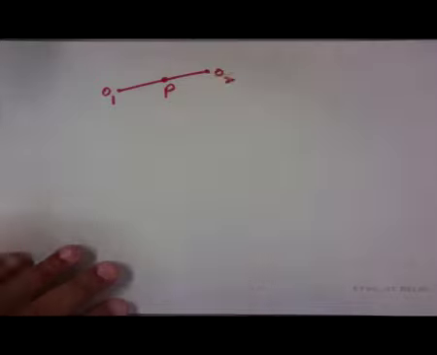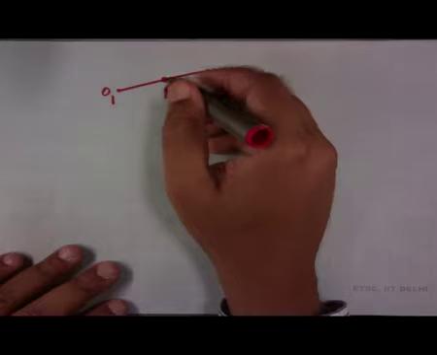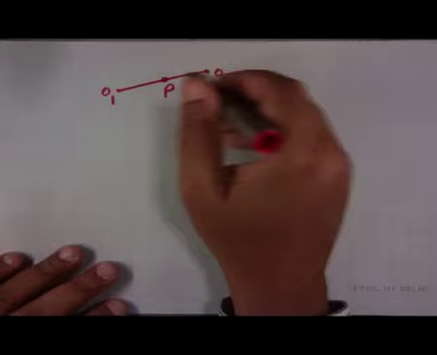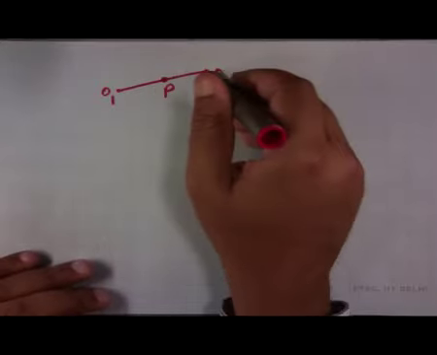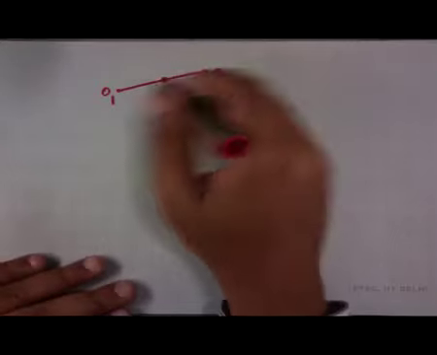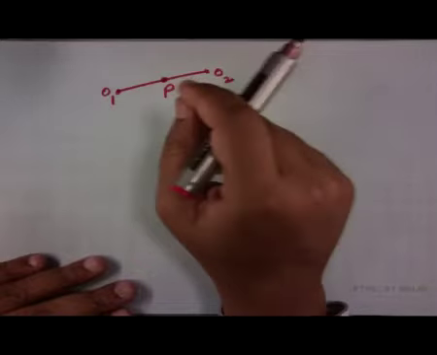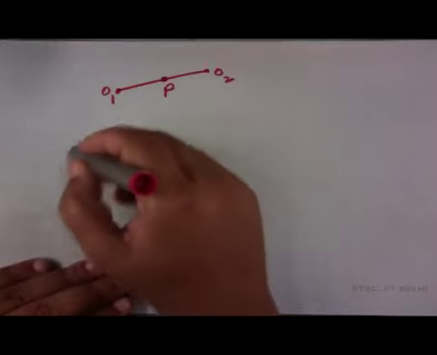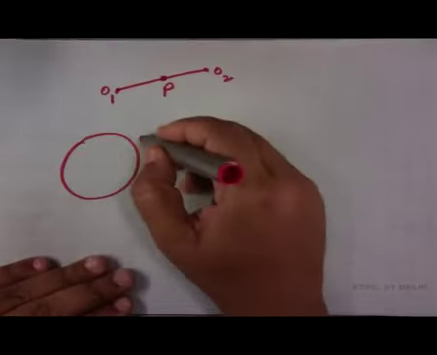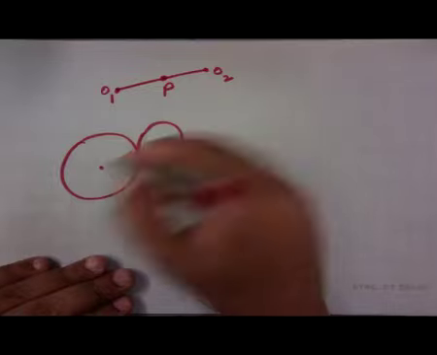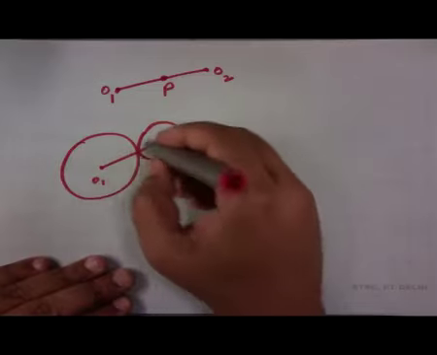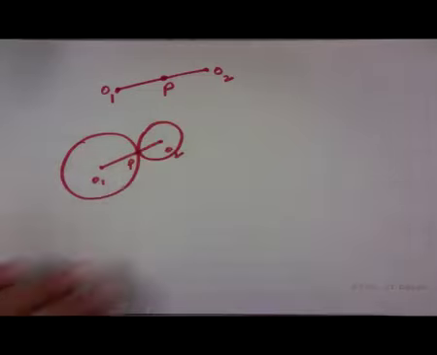So, these two circles touch each other at exactly one point, which is the point P, and this point P lies on the straight line joining the centers, somewhere in between O1 and O2. So, we have something like this: O1, O2, and this is the point of contact P,